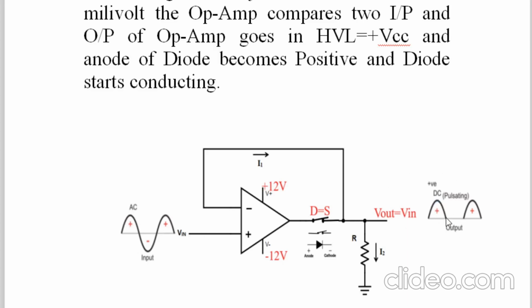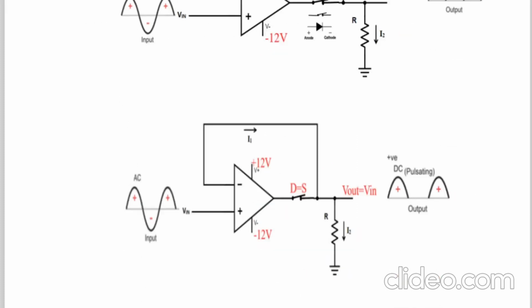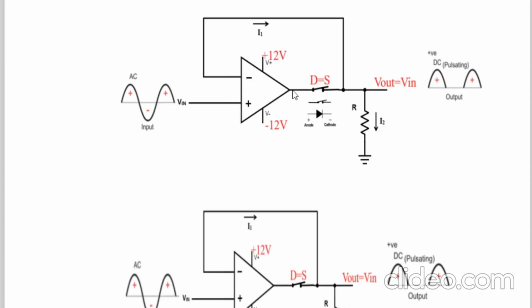And like that, all voltages starting from almost 10 millivolt will get converted into a positive half cycle. Therefore it is said that the diode and op amp work as a super diode, and voltages below 0.7 volt are also converted into DC voltage. It is very simple, but the credit goes to the op amp. A normal diode will conduct only after 0.7 volt. The op amp forces its output to HVL. Therefore the diode starts conducting and behaves as a closed switch. The moment the output of the op amp goes to HVL, the diode closes like a switch and the entire circuit starts working as a unity gain amplifier. So it is so simple.